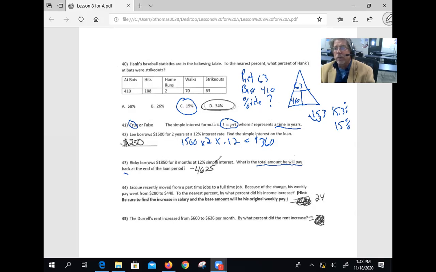So to solve this problem, though, I still got to figure out what the interest is. So my principal is the $1,850. My rate is the 12%, so it's going to be 0.12. And then my time is going to be in months, but we have to have years. So to convert that to years, I can use 8 over 12, because 8 months is a fraction of a year, or 8 out of 12. So in that one, you actually got to use that 8 over 12. So if I put that into the calculator,